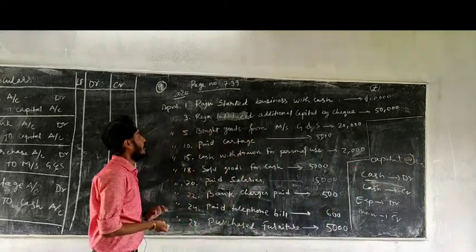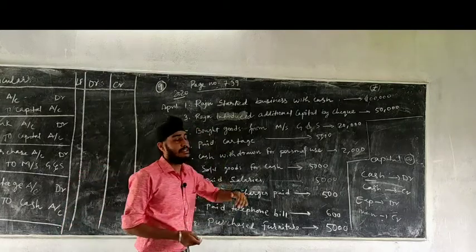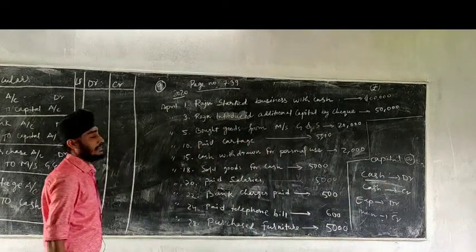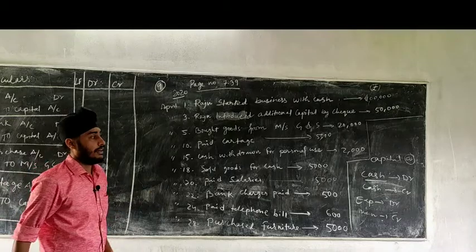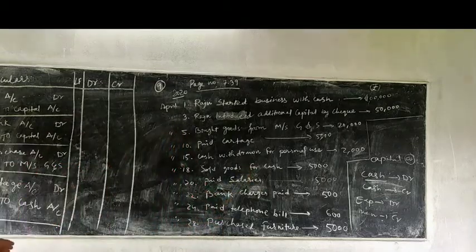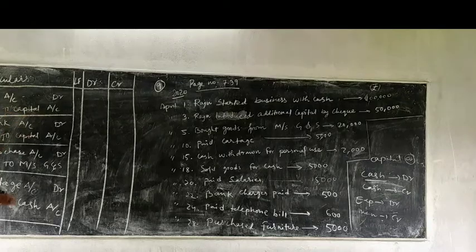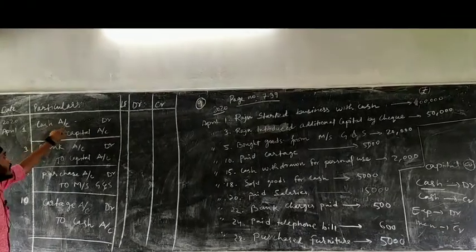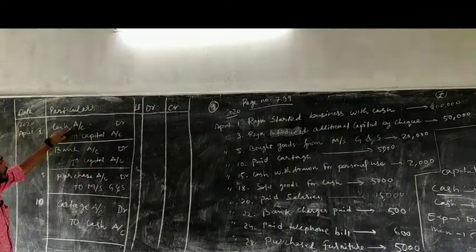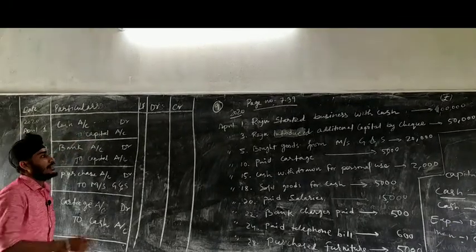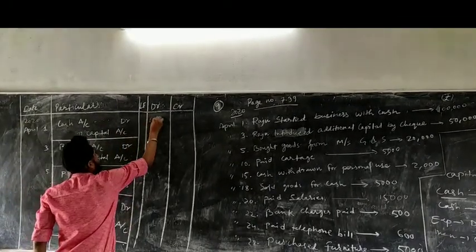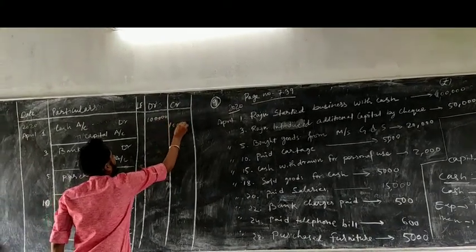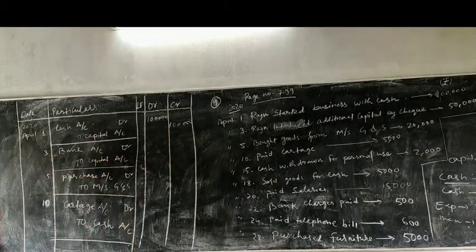So what will be the entry now? Raju started business with cash. So cash comes in the business. So when cash comes in, we say debit. So cash account will be debited. And one more thing, capital account. Capital is always credit. So entry will be cash account debit to capital account. We don't write CR here. We write cash account debit. For CR we write To. So cash account debit, just beneath the account we write To capital account. So what is the amount? 1 lakh. So 1 lakh will be debited and 1 lakh will be credited. So the first entry is done.